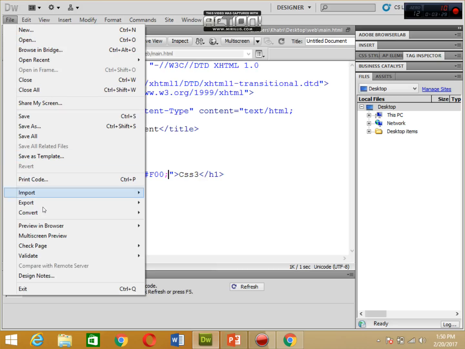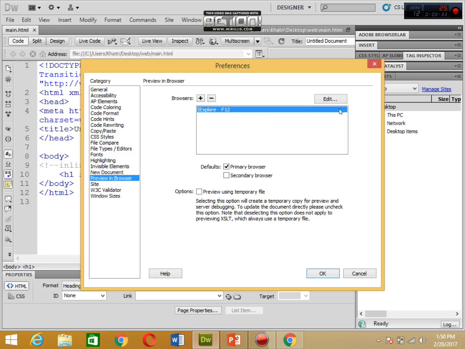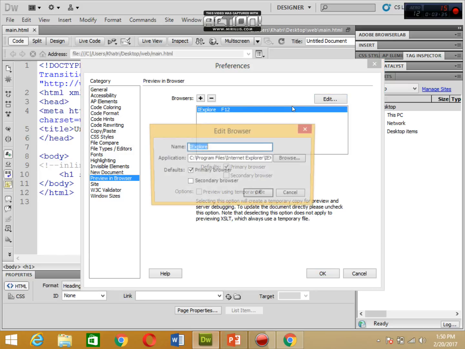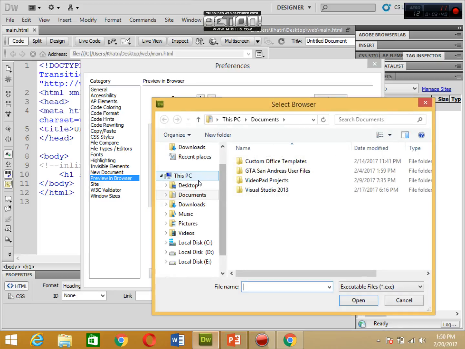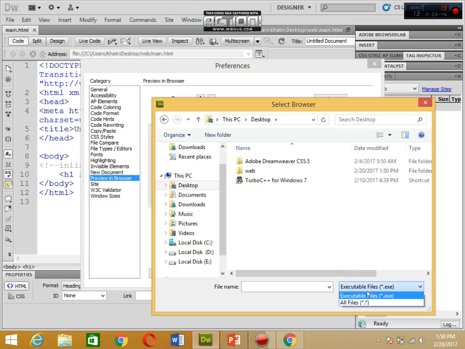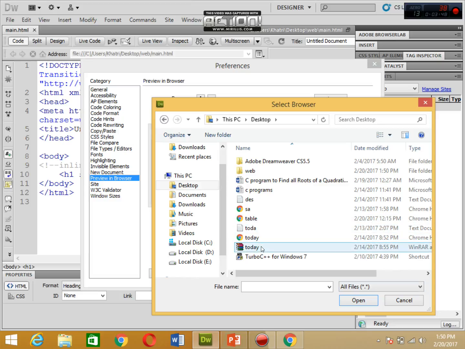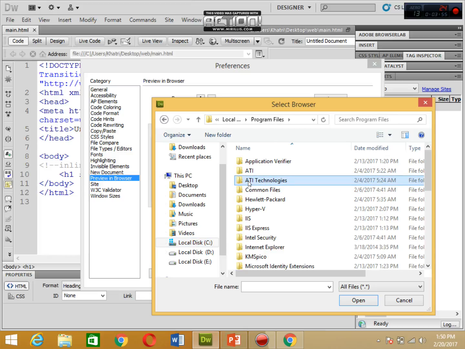First of all we need to preview in the browser: edit browser list, and here is Explorer. So I need to do that. I will drag and drop the browser window first. You need to go to the desktop, your executable files, all files, and I will give it in C, program files, Chrome.